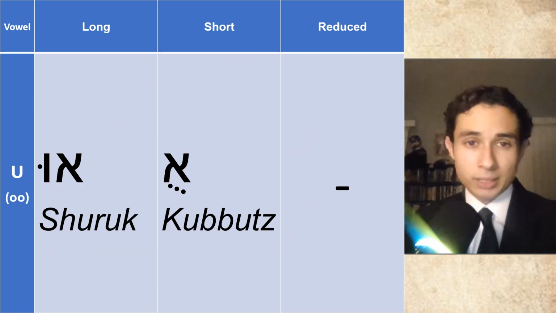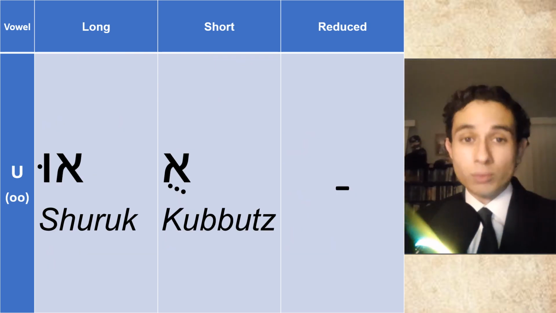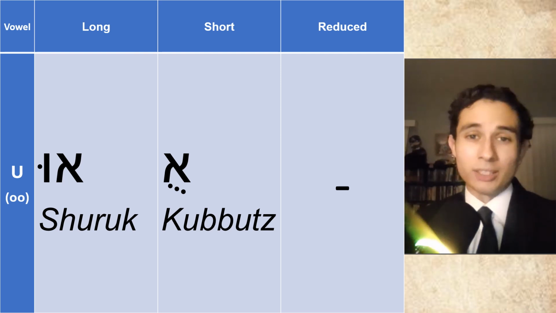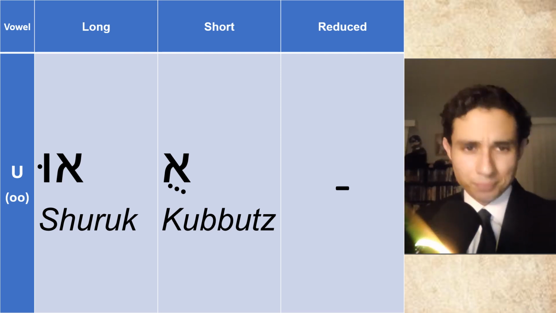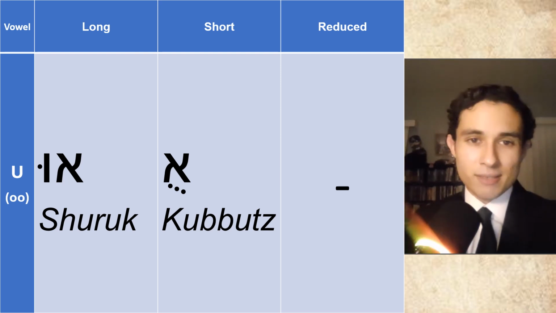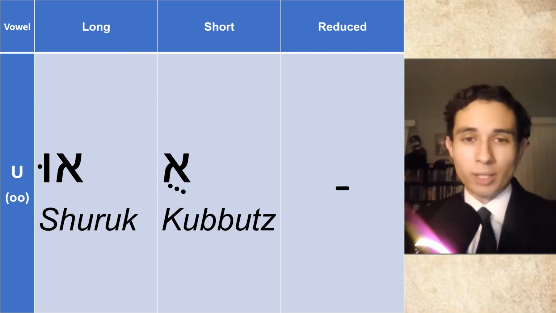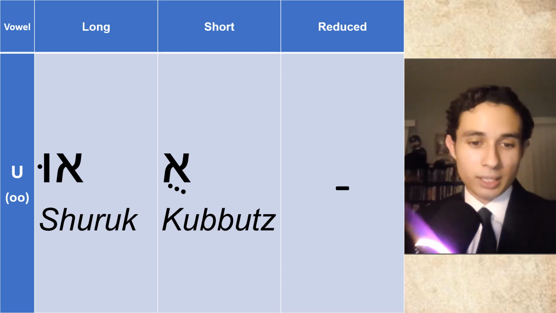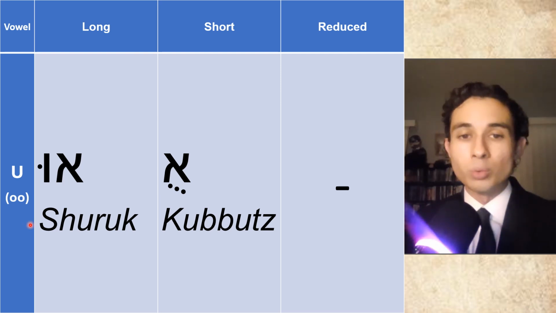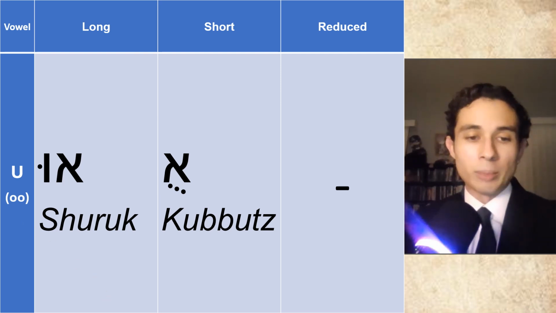Our last vowel sound is oo, which only has two nikudot, two dotting marks. Yes, this vowel sound is oo. So for my English-speaking friends, I wrote the double O to help you remember. It's not U, but it's oo. And you'll remember, let's say, think of English words like boot or root.